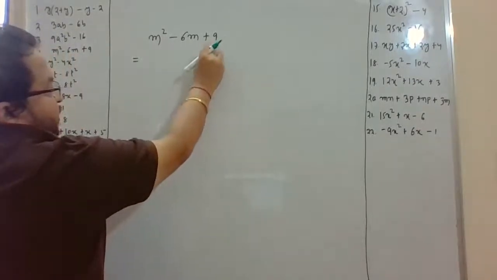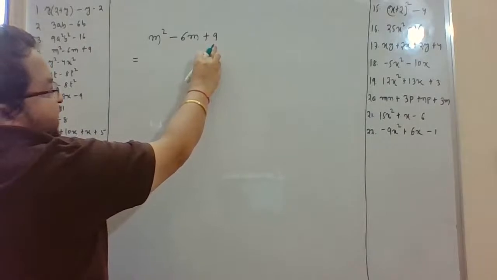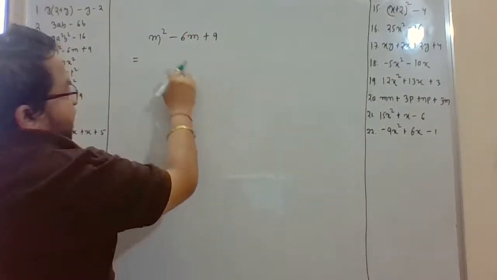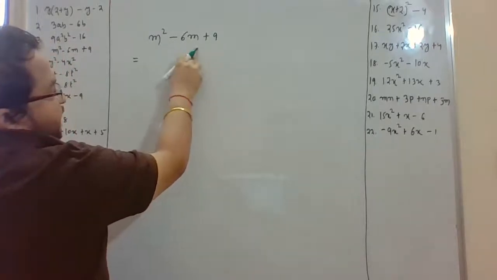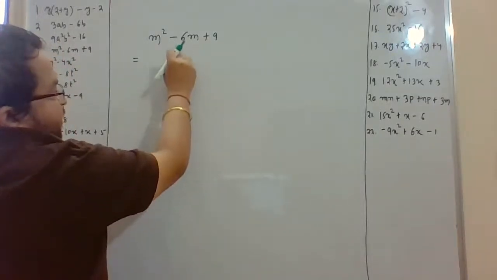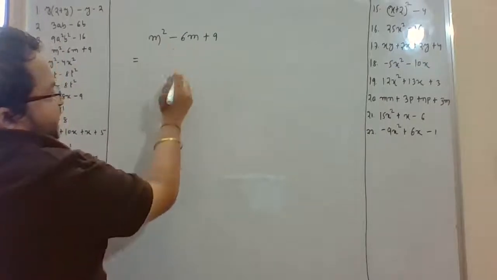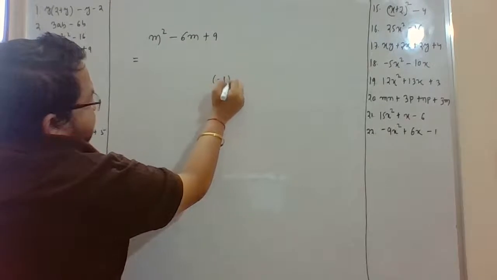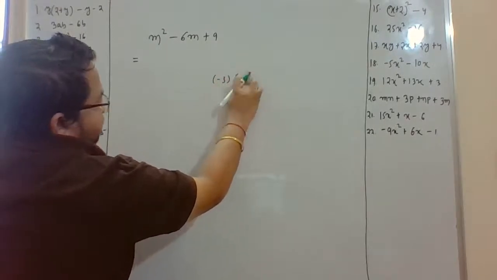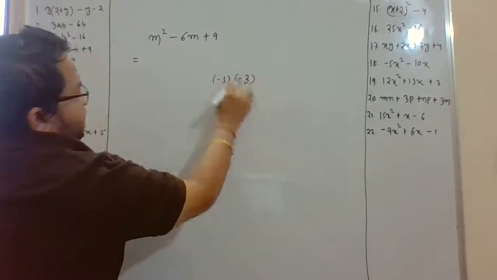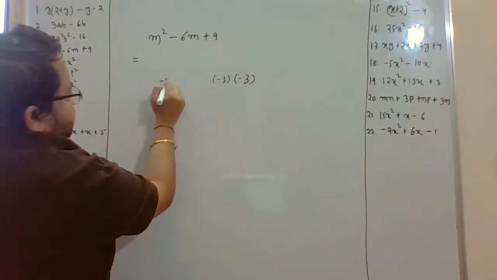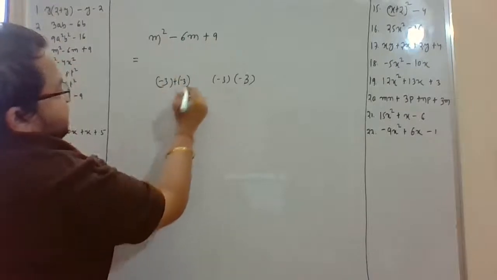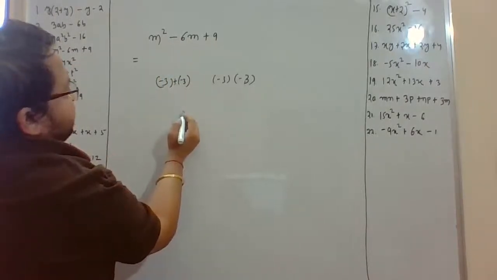Now my term that does not have any variable has got a positive sign, and the middle term has got a negative sign. So I know that both the terms are negative. If I can write that 9 is equal to minus 3 into minus 3, right? So minus 3 into minus 3 is plus 9, and minus 3 plus minus 3 is nothing but minus 6. So this expression can be rewritten as,